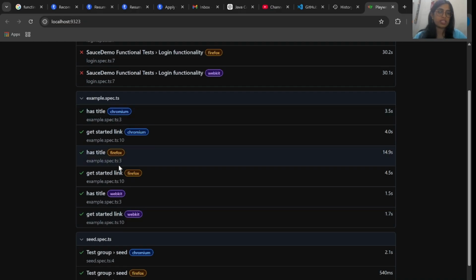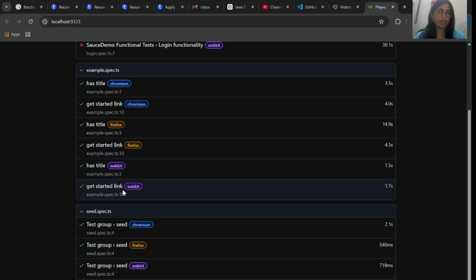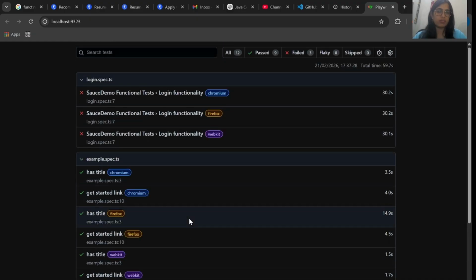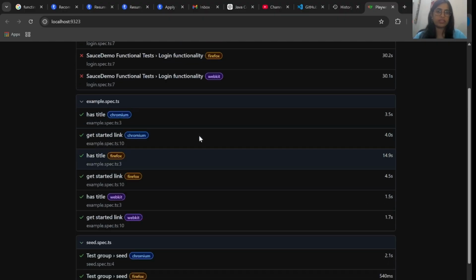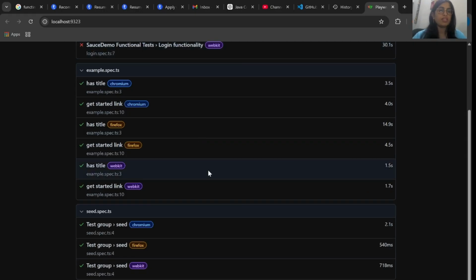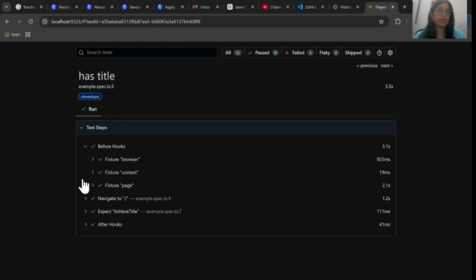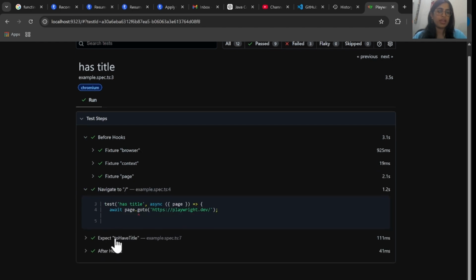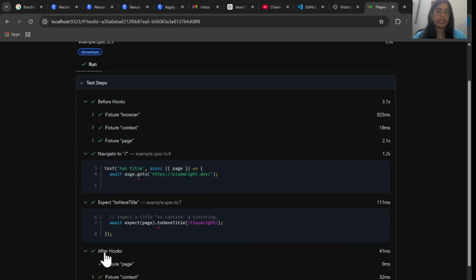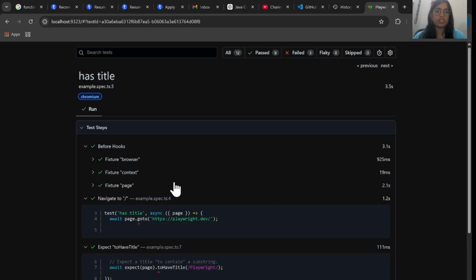All the test cases passed in Chrome, and Firefox also passed. WebKit also passed. There seem to be some failures in the functional test, login functionality, but we can fix that later on. This is how you can see the reports, before hook, navigation and explore titles, validation. So this is the report they have generated.